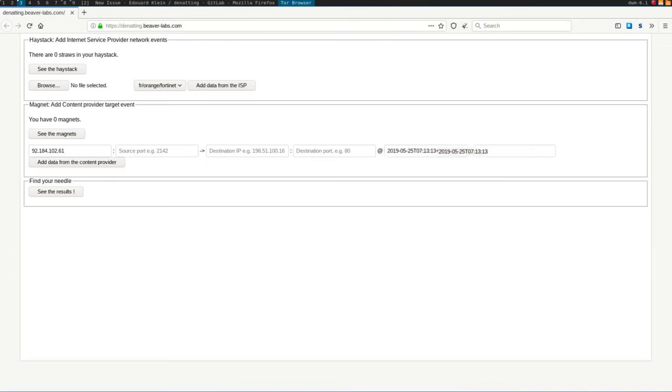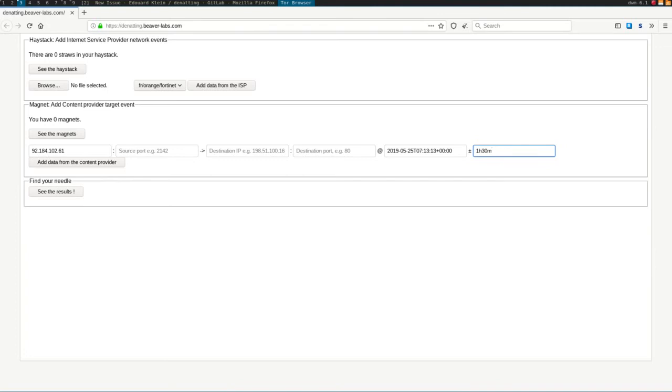Anyway, if you are unsure about the precision of your timestamp, you can tell the software how confident you are that the timestamp is right, because not everybody shares exactly the same time. So, for example, Facebook's servers may be 10 seconds ahead of your ISP servers and so on. So not everybody is synchronized. So if you believe that they are 10 minutes apart, you can put 10M. If you believe that they are only 1 second apart, you put 1S. And if you want to do 1 hour and a half, you can put 1H for 1 hour and 30M for 30 minutes, for example. And if you want to be very precise, you can put 10S. So this is 1 hour, 30 minutes and 10 seconds.